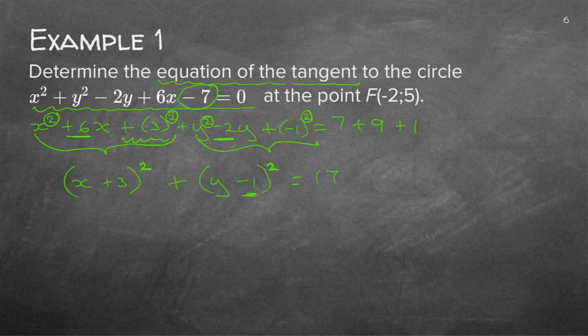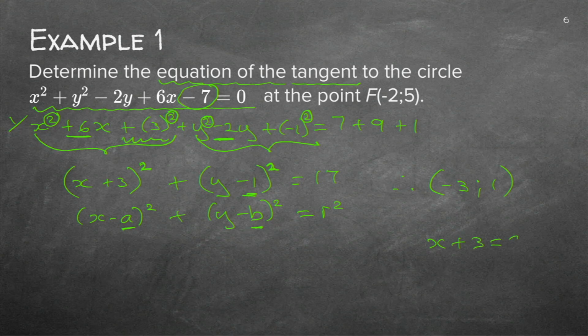Good. That was step 1. Step 2 was to find now the center of your circle. Now we'll see just now why you need that center of the circle. Now you can recall this is x minus a squared plus y minus b squared is equal to r squared. Can you remember the a and the b after the minus sign represents your center? So if I want to read it off, I'm just going to do it there. Minus 3 and 1.